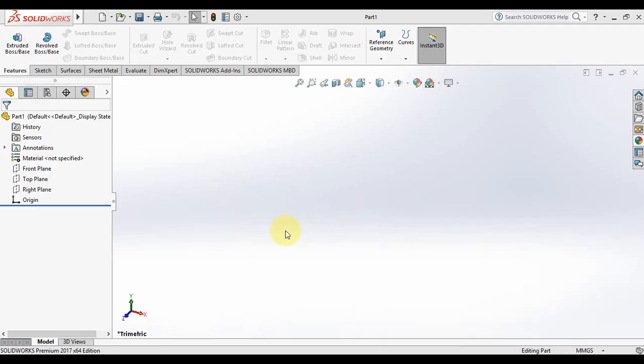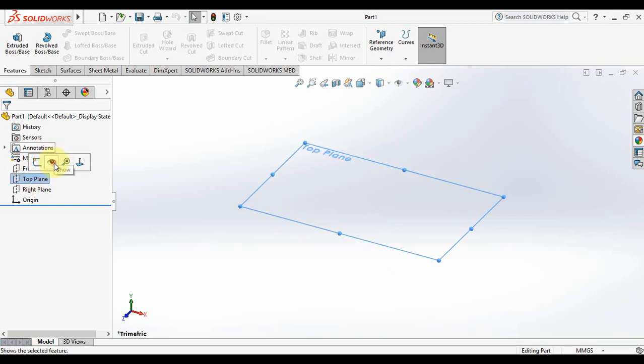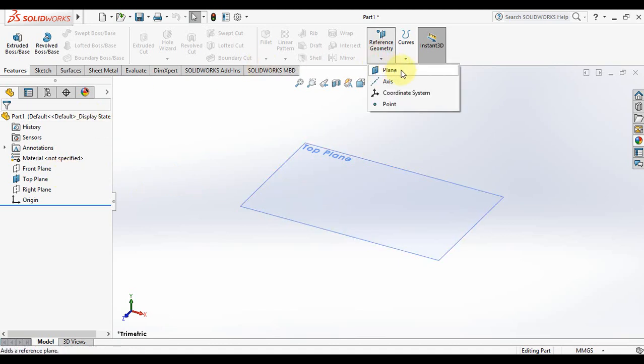Okay, new part. So new operation, we're going with lofted boss base, and in this case the operation will merge two different shapes, but they have to be parallel. So we're gonna work on the top plane. I'm gonna activate it here, and we need to create another plane because both the sketches have to be parallel. So that means that I'm going to check this tool, reference geometry. I click on plane,